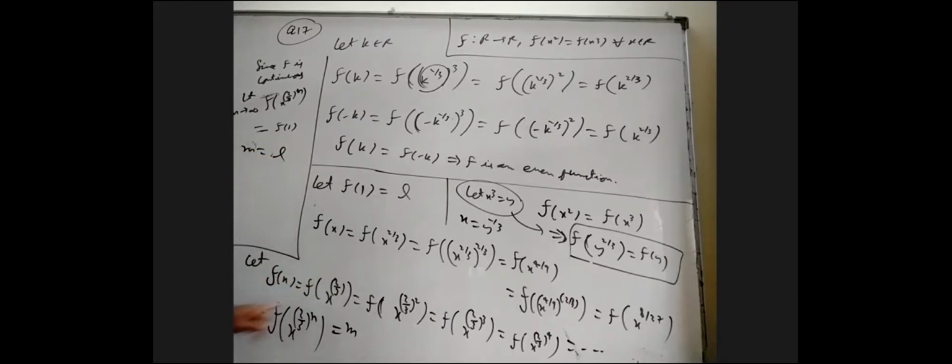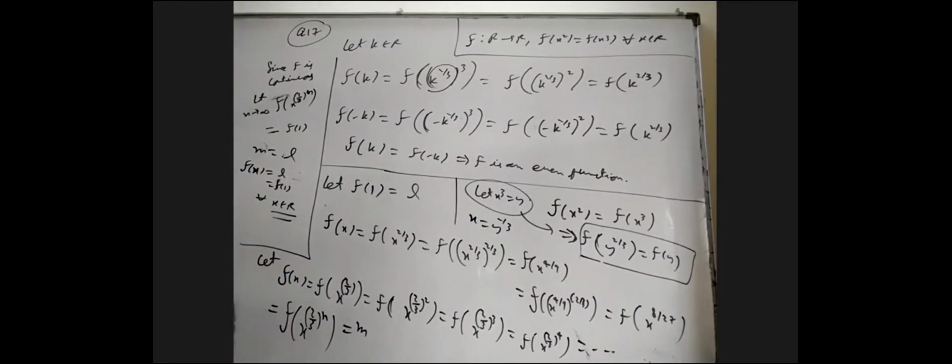So when you take all these equal to m, it doesn't matter what x is, it is always equal to L. That's it. So we got f of x is equal to L, which is equal to f of 1, for all x belongs to R. So it is a constant function. If it is a constant function, automatically it is also an even function. What is that constant? It can be anything, it can be 5, it can be 7, no problem. But it must be constant.